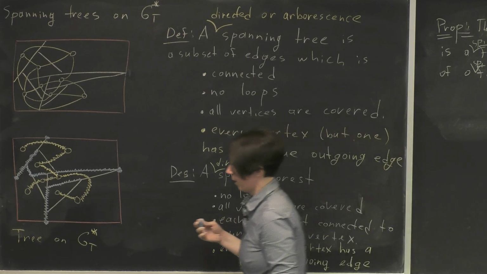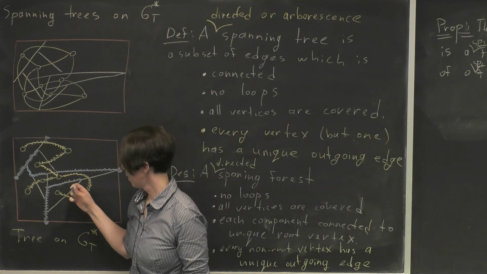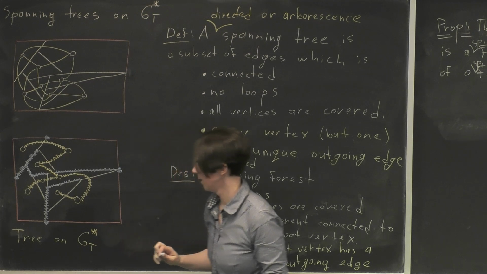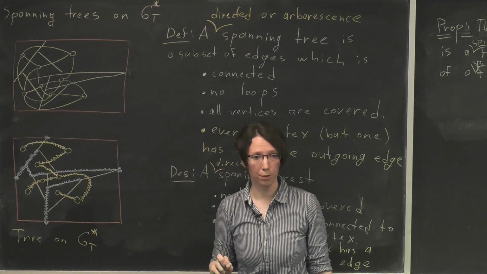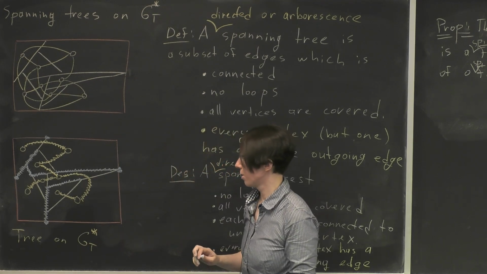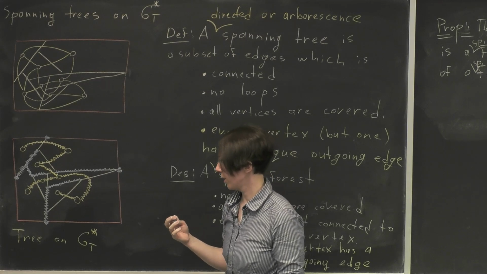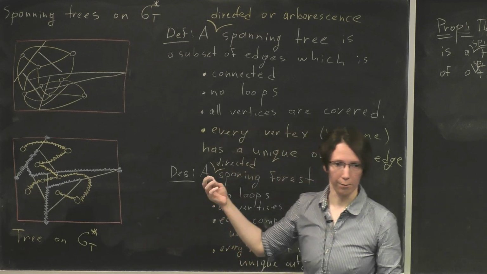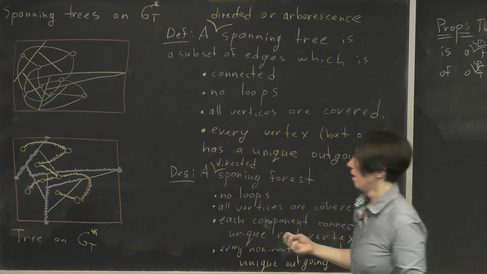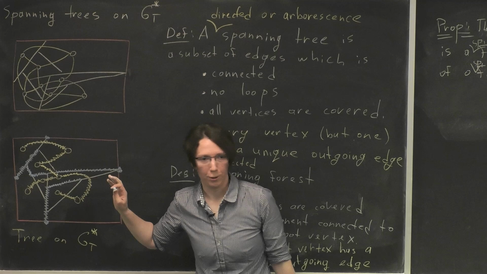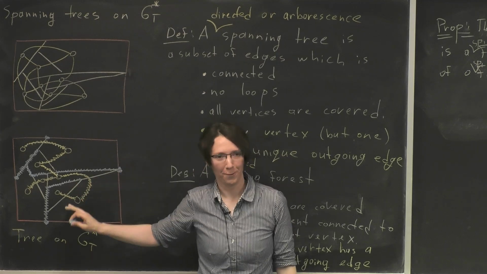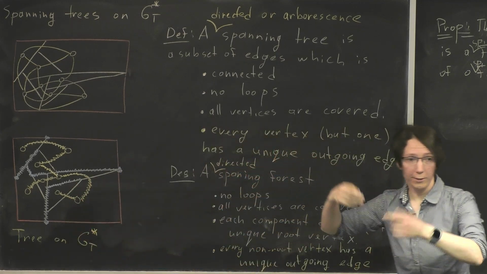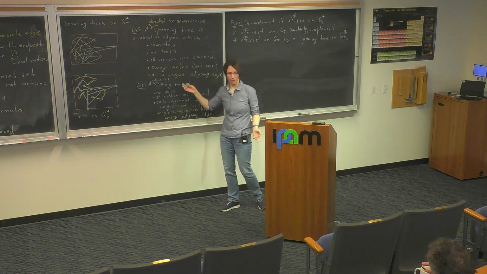So therefore, the remaining graph at least doesn't have any loops. So we just need to check that this is a spanning forest, meaning that it covers all vertices of this graph. I'm not going to do it in a proper way. I will just give you an idea of how to do it. So similarly, the opposite direction, if you have a spanning forest,